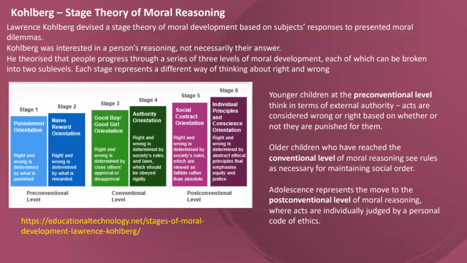So younger children really start in that punishment orientation, where you punish something if someone does something bad, you reward if someone does something good. So the younger children start in that pre-conventional level between punishment and reward. Then as the child gets older, they reach more conventional reasoning, which is very much around society and the order that is imposed on people's moral reasoning by society. So right and wrong is determined by the approval of others around us. And then moving on to right and wrong being determined by society's laws, which need to be